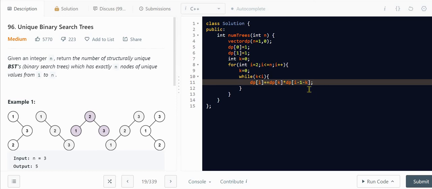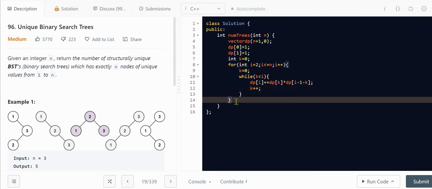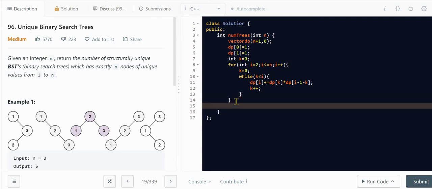So that is how it is working, and we'll be using k plus plus here, and after returning from the while loop we'll be returning the DP of n, right? I think it will work.